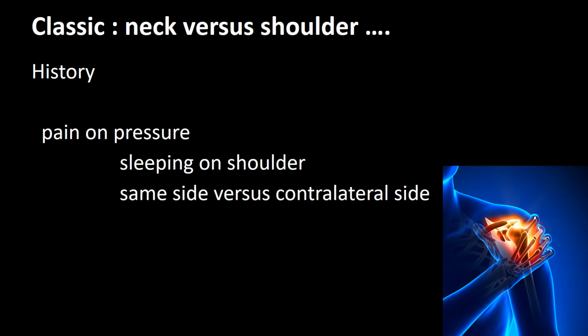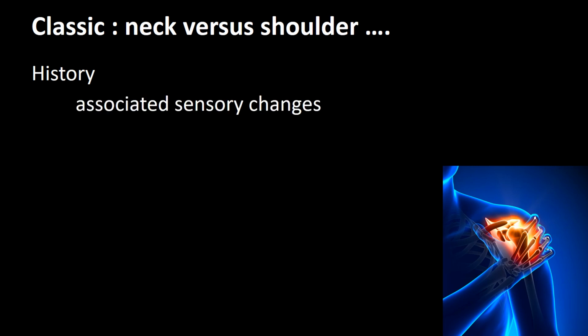Shoulder pain may be due to intrinsic local shoulder pathology or radicular pathology from the cervical spine. Generally, when patients complain of pain on pressure such as sleeping on the shoulder, shoulder pathology manifests on the ipsilateral or same side as where they sleep, whereas cervical pathology tends to be contralateral due to the pillow laterally flexing the neck, shutting down the foramen and causing neural symptoms on the opposite side. One needs to look for associated sensory changes, which will point one towards cervical pathology.